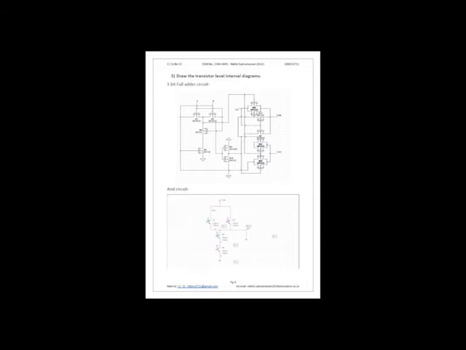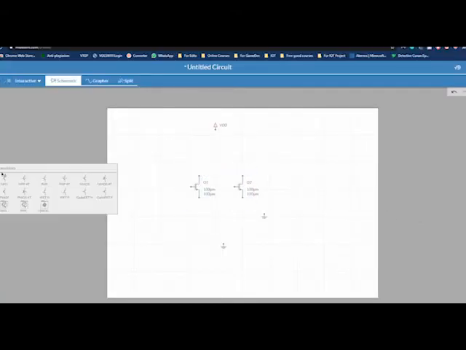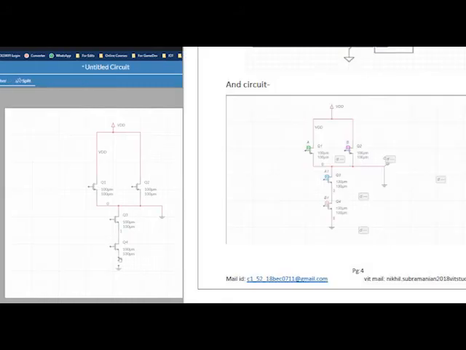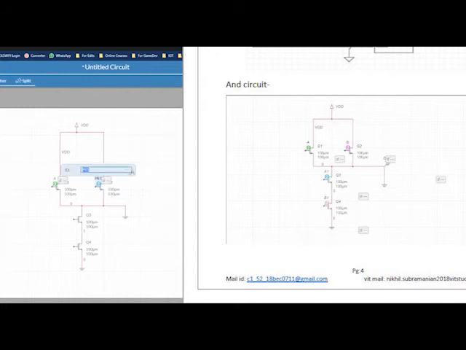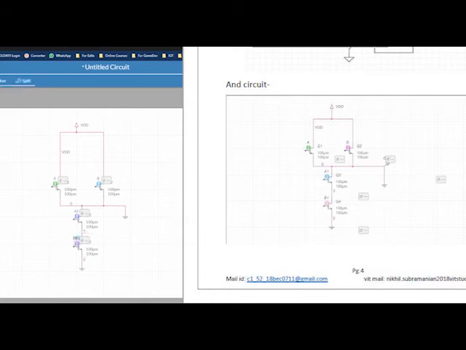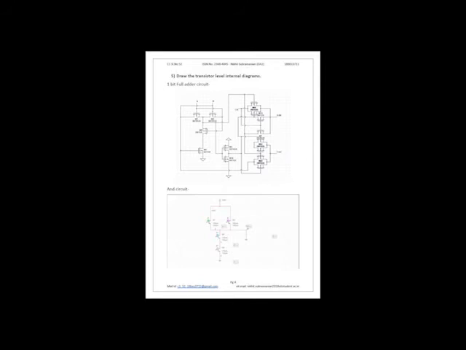In this, the point which says out is where the output will be taken, and the grounding is put because Multisim doesn't allow open-ended bias. So the grounding needs to be removed, and then the port which shows the out will be used as the output, whereas A and B are the inputs, and A1, B1 are the other two inputs. So it's A0 and B0. Sorry, A and A1 are the same term, and B, B1 are the same term. Since Multisim doesn't allow you to name two points the same thing, it's given A1, A and B1, B.